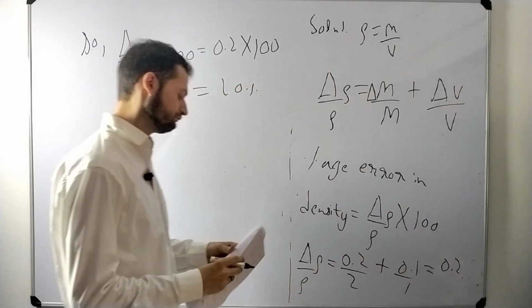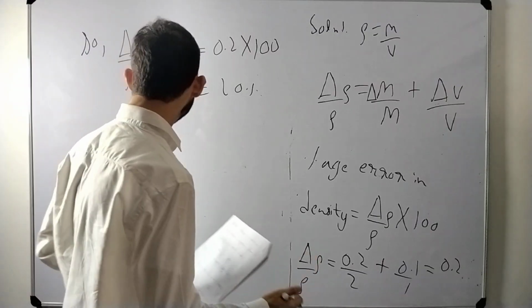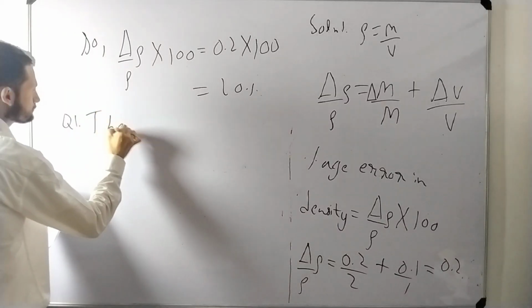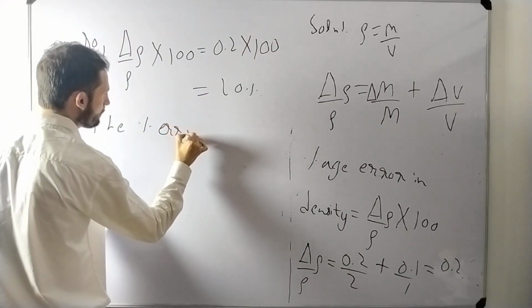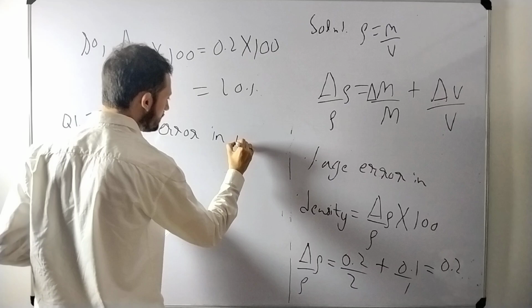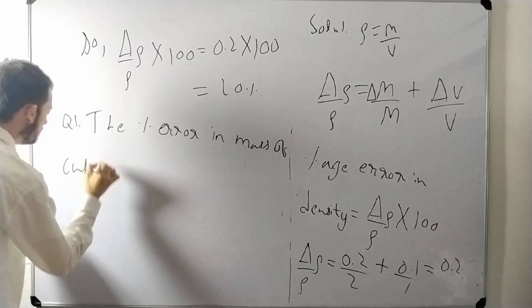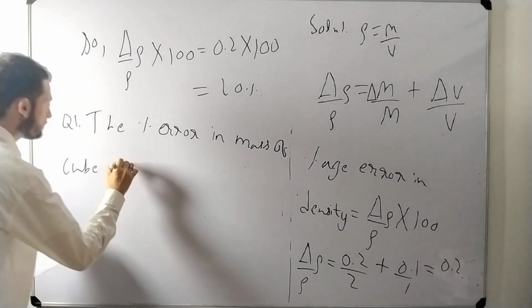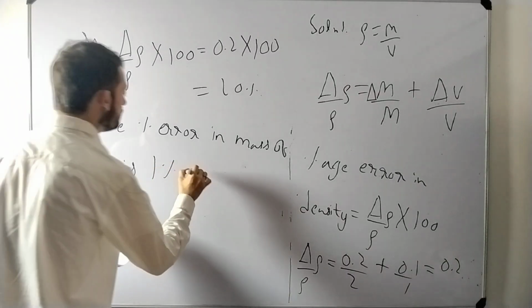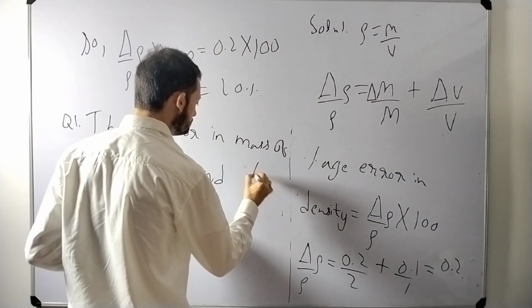Next question. The percent error in mass of cube is 1%, and percent error